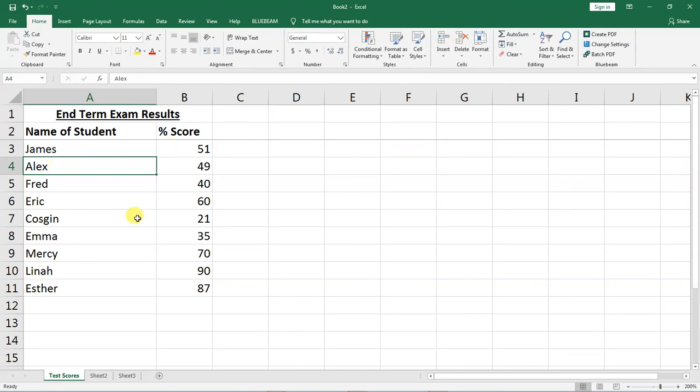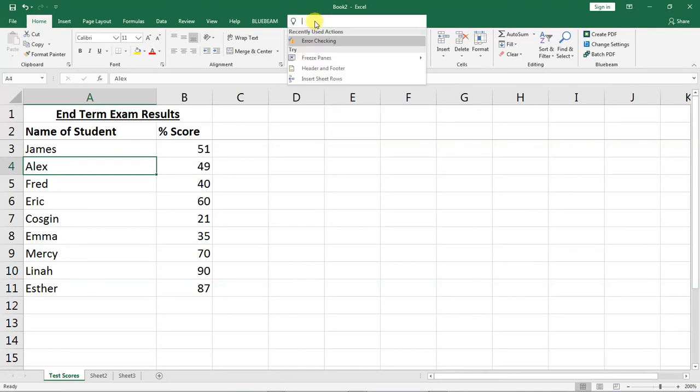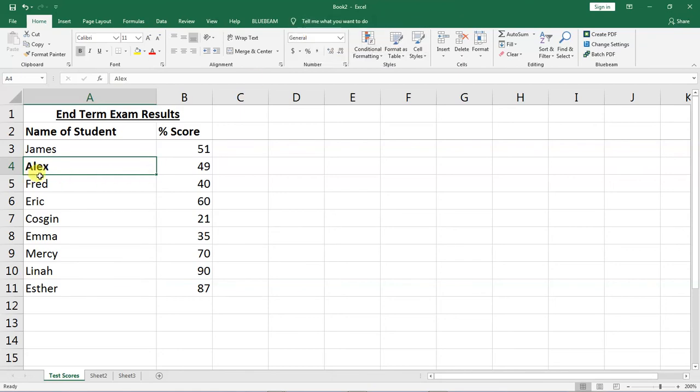Now if you're trying to do something in Excel and you don't know what option you are supposed to use, you can come here on top in the blue ribbon. There is this button written "Tell me what you want to do", and if you click on it, you can say I want to make my text bold. So this option will come here, you click on it, it reflects in the cell that you had selected. So it's a very easy way of searching for the commands that you want to apply on your cell, and it will be a very great way for you to learn the basics of Excel without having